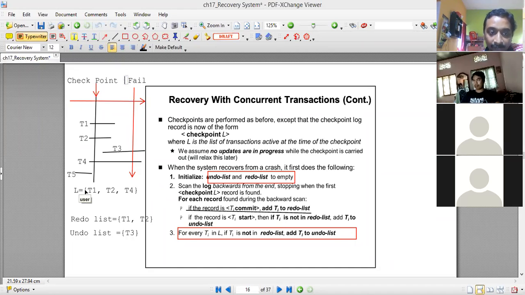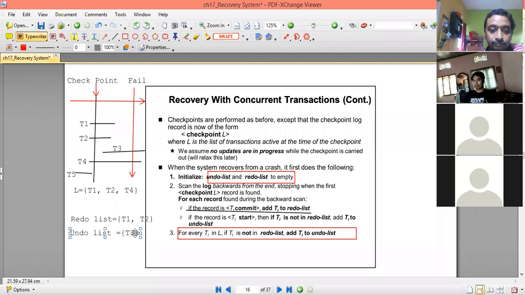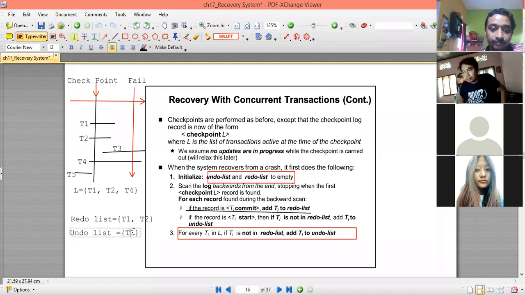Observing T1, T2, and T4 from the active list L, transactions T1 and T2 are already in the redo list, so there is nothing to do for them. But transaction T4 is in the active list and is not in the redo list. Therefore, T4 needs to be added into the undo list.